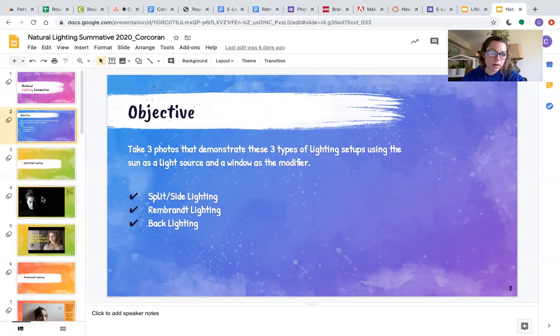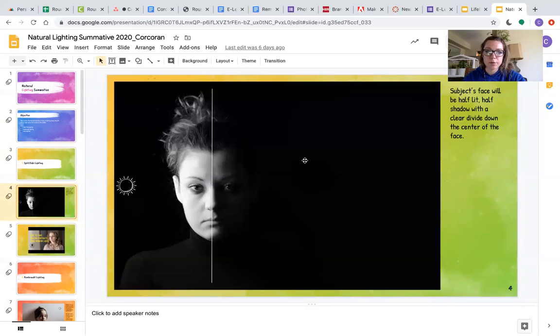So let's go right into it. This is an example of split lighting. So for your project, you're going to demonstrate all 3 examples: split lighting,